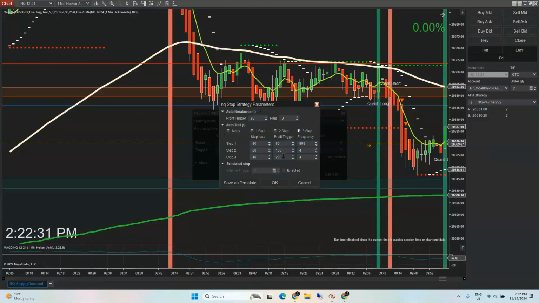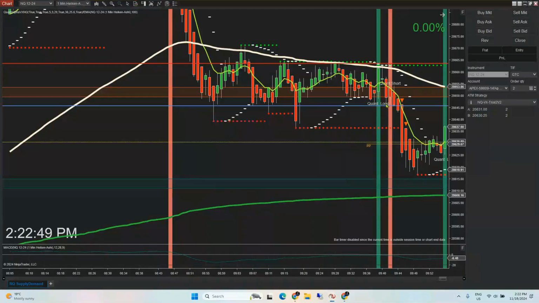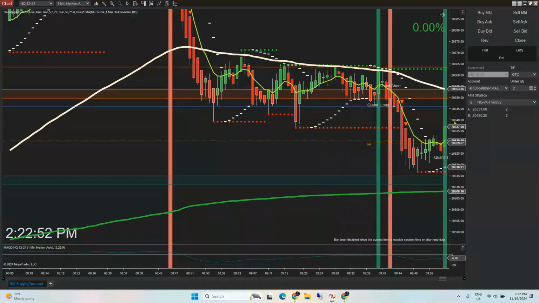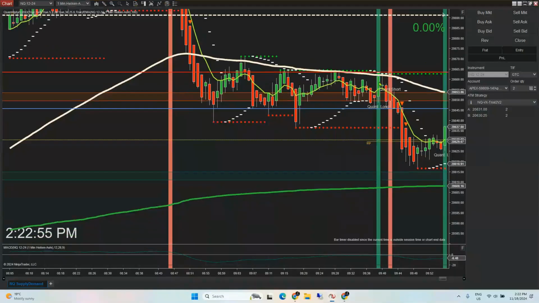Once the market reaches 200 ticks profit, I want to tighten my stop loss now because it's 200 ticks. That's big money. So I'm tightening my stop to be 40 ticks and same 4 ticks frequency. All right? That's it. It's very easy, simple. It's not very complicated. And then once you do this, just get in a trade and just let the stop loss move by itself. You don't need to do anything. And other thing,